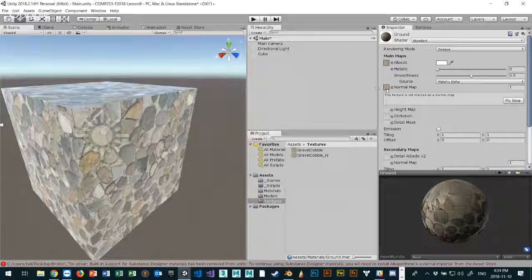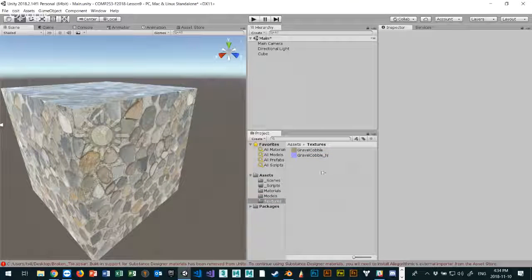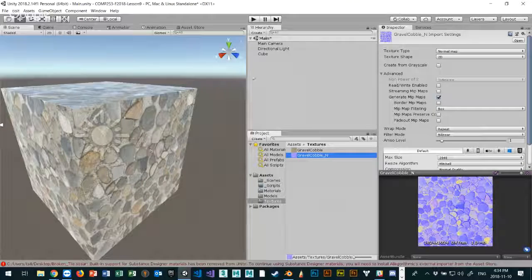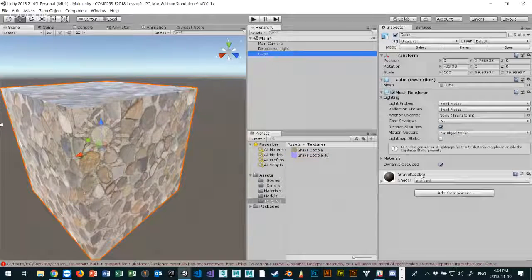So there it is. That's what this one is. This is the normal map. And if I click Fix Now, it becomes a normal map, actually. And if I look closely at this material, this cube is using this thing called gravel cobble, and my material,